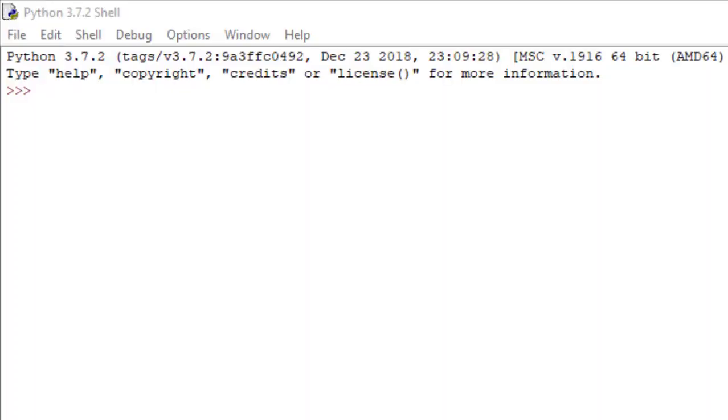Today's Python tutorial is going to be the third tutorial, and we're going to talk about lists in Python, and we're also going to touch a little bit on working with tuples. As you can see, I've launched the IDLE GUI, and what we're going to do is create a